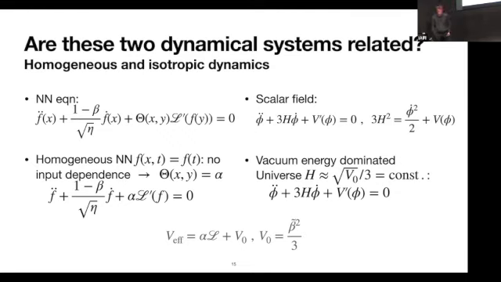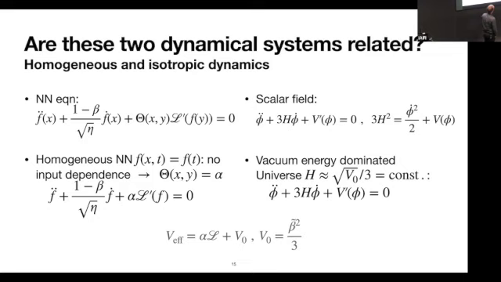To do this, what do we have to do? We have to look at the stupid neural network, a stupid neural network being one that does not depend on any data points, right? So this is just a constant in terms of data. So it doesn't depend on data, it depends on time. In this case, what happens with that neural network update equation, it just becomes this equation down here. Now, we can match this with the background equation.